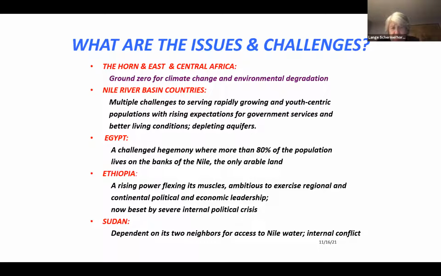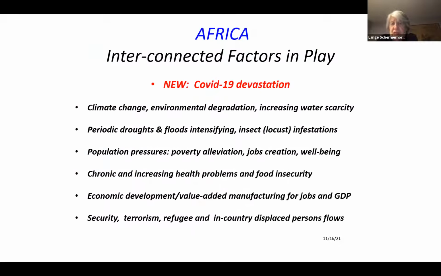It's the headquarters of the continental-wide African Union. And in the last year, it's been beset by political challenges of an extreme nature. Now, there are interconnected factors at play, and new to all of this is COVID-19 devastation. But the interconnected factors are climate change, environmental degradation, water security, periodic droughts, population pressures, mainly coming from need for